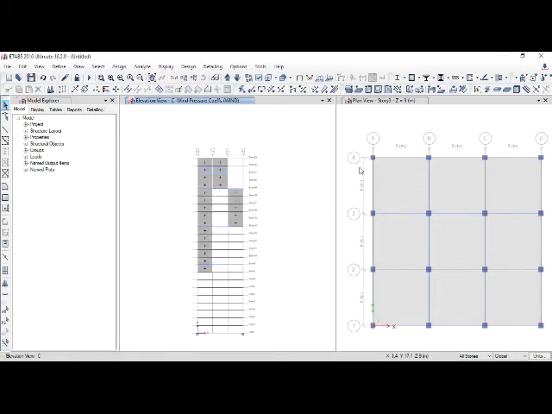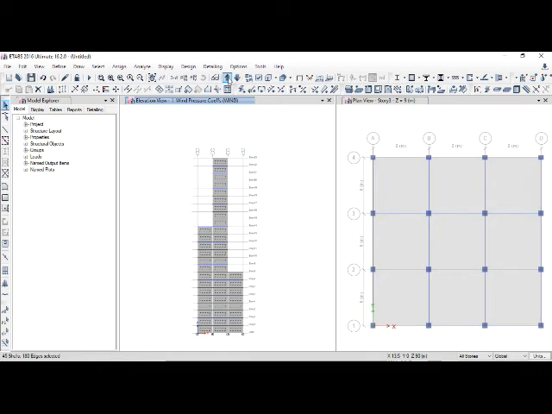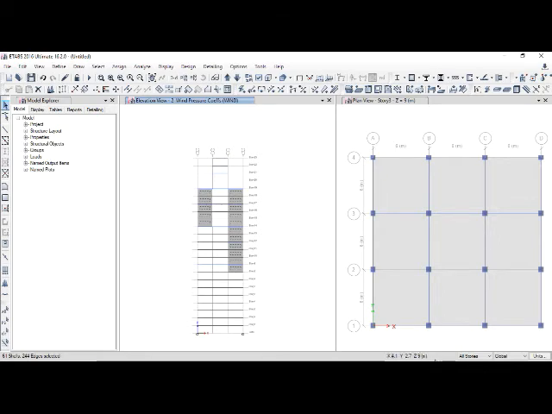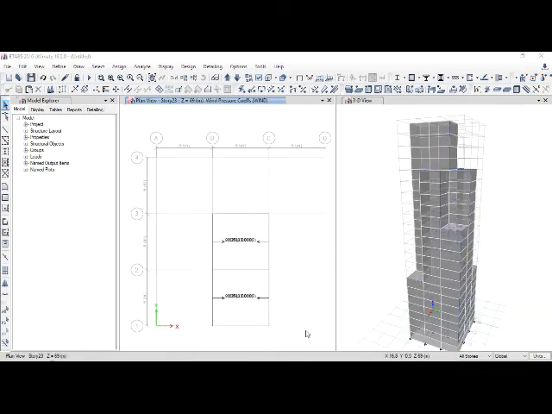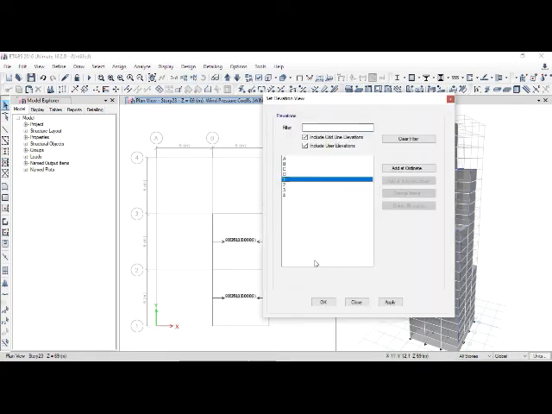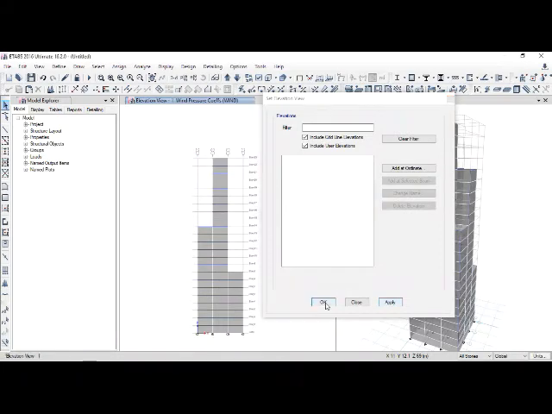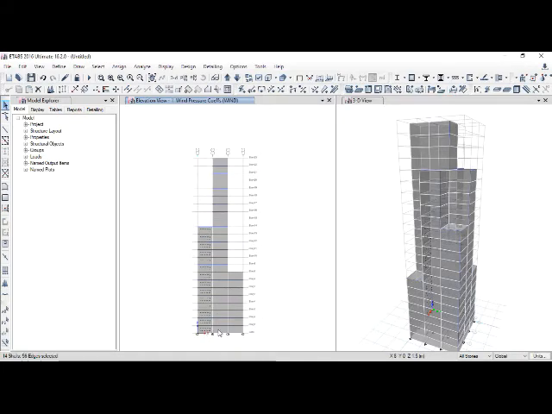Now we have to apply the loads on face 1 and face 4. Similarly, faces 2 and 3 will be applicable as some part of 2 and 3 is also exposed. So we'll select all the claddings on face 1 and then we'll go to face 2. Check whether you have selected all the elements properly or not.